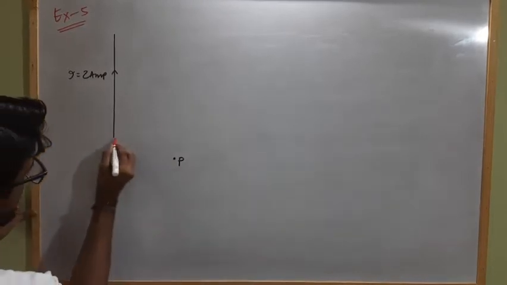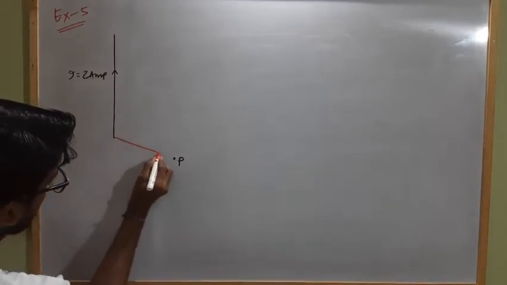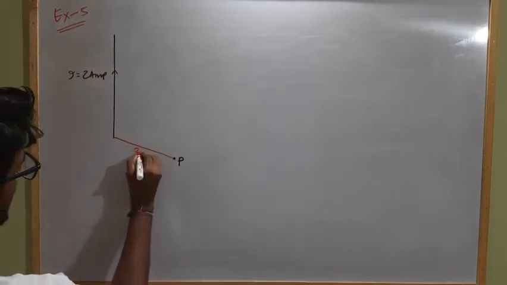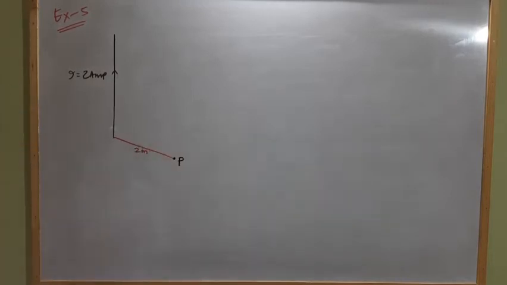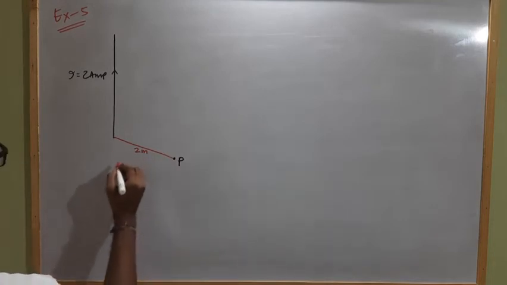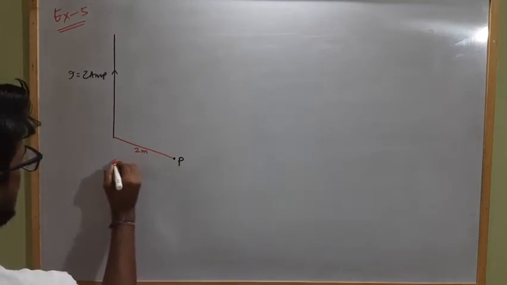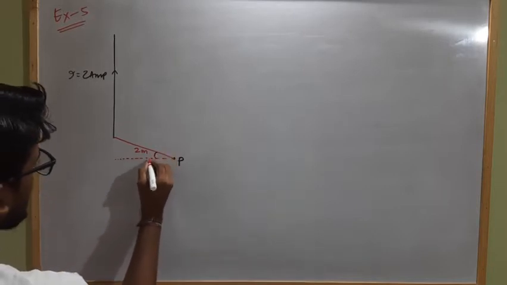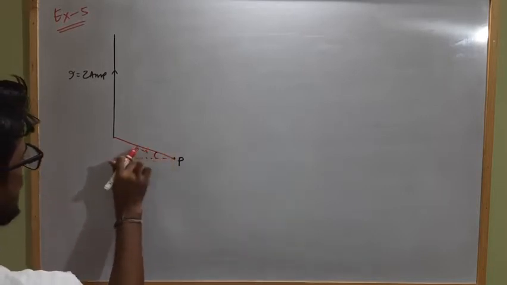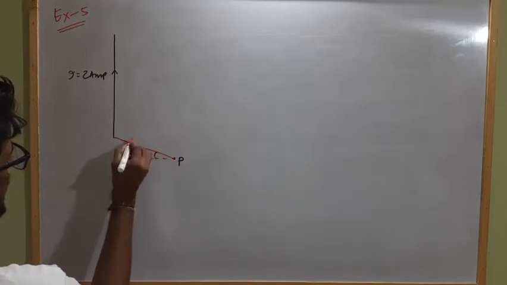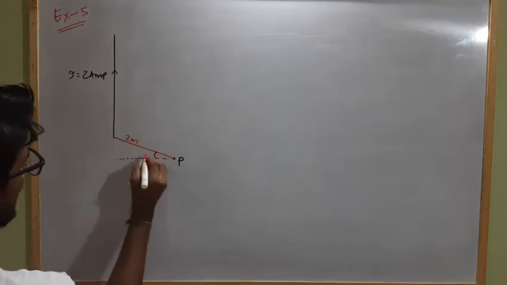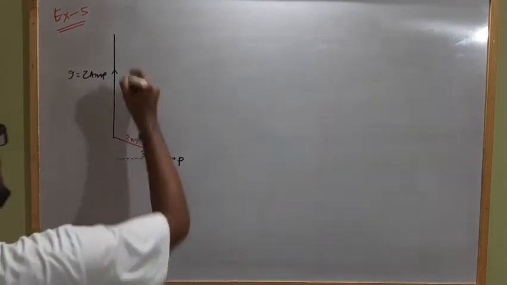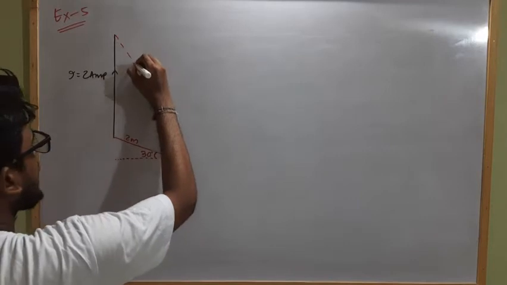The distance of this point P from this end is 2 meter. Clear? And it makes an angle to the horizontal of 30 degree. Let this be 2 meter and this angle be 30 degree, and the other end of this long straight current carrying conductor